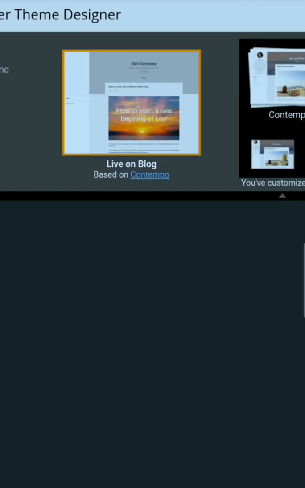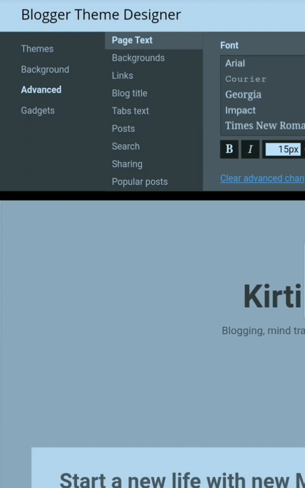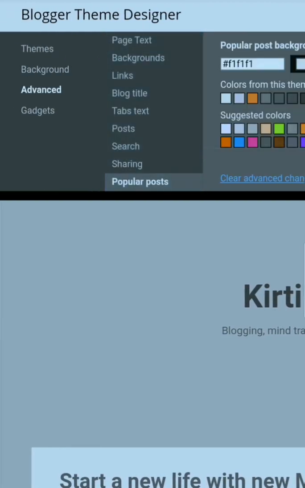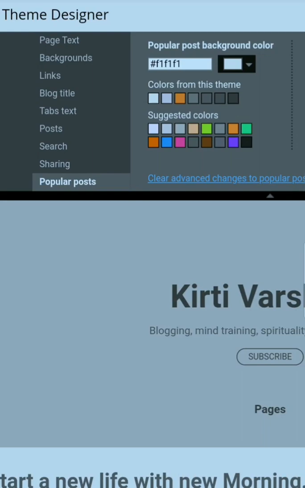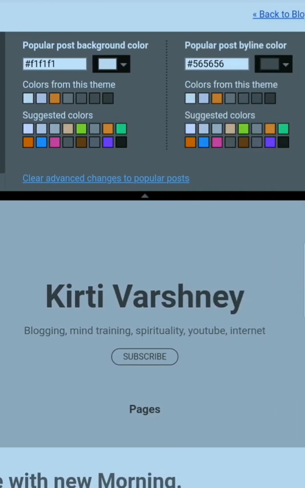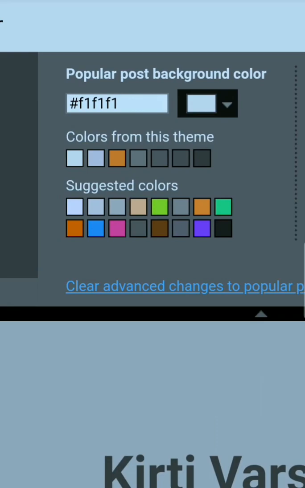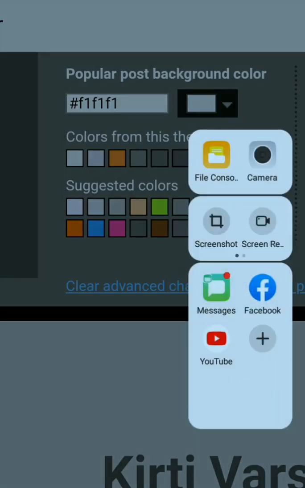I have made all settings and they are saved, but I am going again to that option I was setting, that was popular posts. There will be some popular posts of your blog. There is also a widget added in Blogger. For popular post background color, what you want should be white. This set.